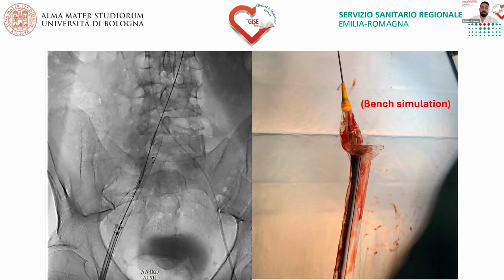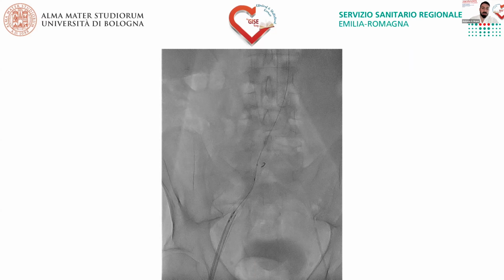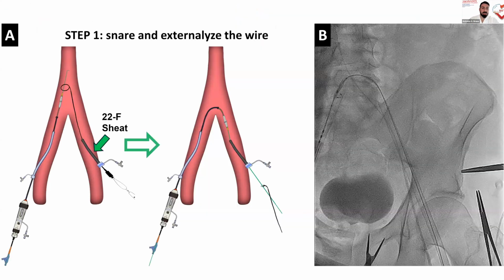On the right, you can see a bench simulation of what was happening at this moment. That was a transverse balloon rupture that prevented the extraction of the delivery system. So how did we manage this case? We pushed the Commander to the aorta until it reached the aorta. And then we obtained another access in the left femoral artery with a large bore 22 French sheath. Through this sheath, we used an Indra snare to snare the wire of the delivery system